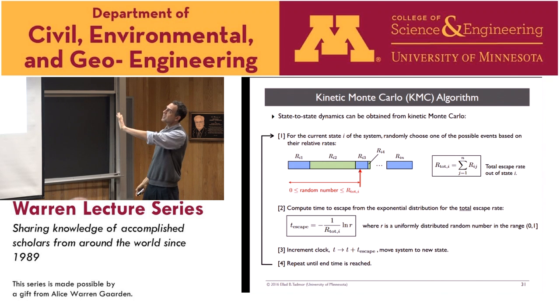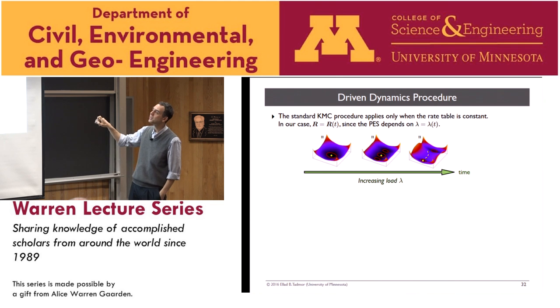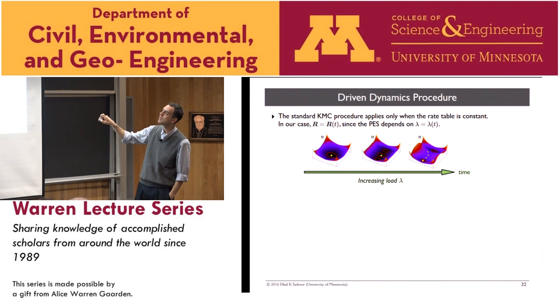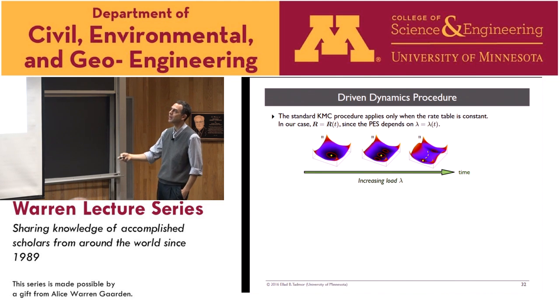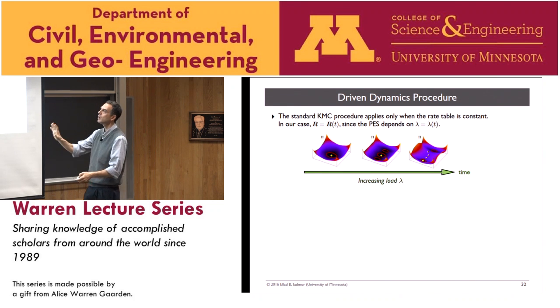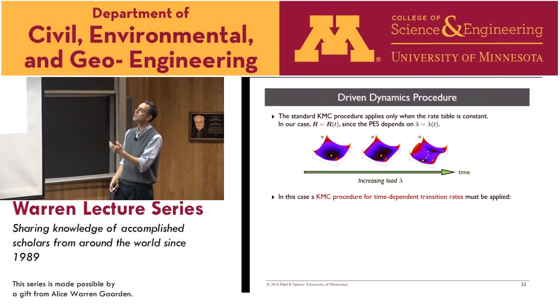Now, this is standard kinetic Monte Carlo. A thing that complicates our lives a little bit is that we're not stuck at 0.18%. Our strain is changing as we're modeling the system. So we actually have to take into account the fact that the load is changing, and you have to do a KMC for time-dependent transition rates. So we have to construct a rate table at each time step and then use a method that's applicable to that. I won't go into the technical details that are written there, but you can do that. And then these are the results that we get.